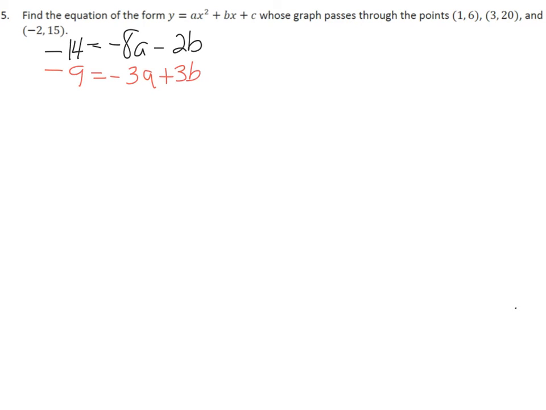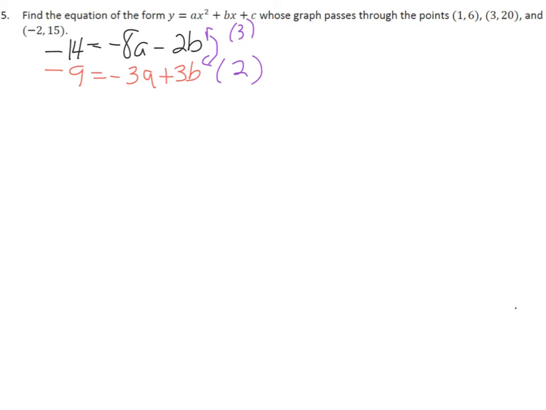So again, we want to eliminate one of our variables here. The easiest ones I would say to eliminate here would be the b's, just so that we can work with smaller numbers. So remember the trick of multiplying by their coefficients, just doing the switch there. So we are going to multiply the top by a positive 3 and the bottom by a positive 2. Notice that their signs are already different. So we have the top will become